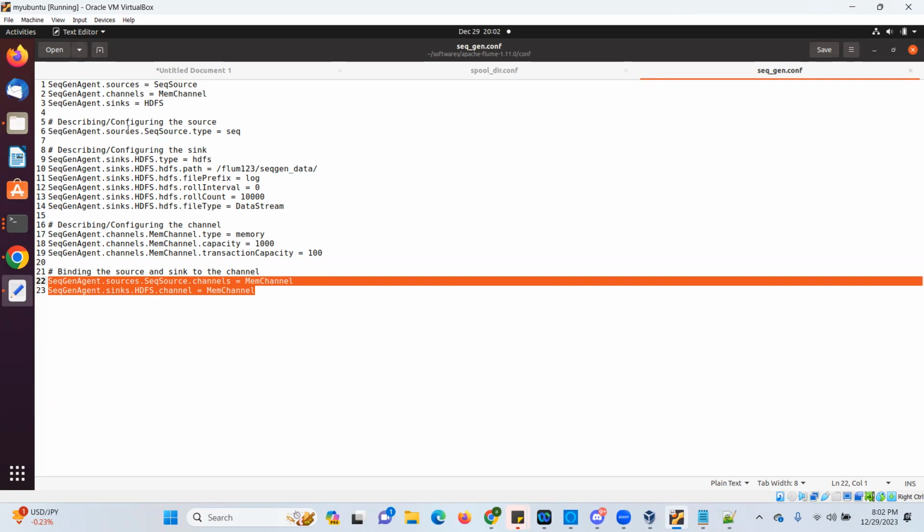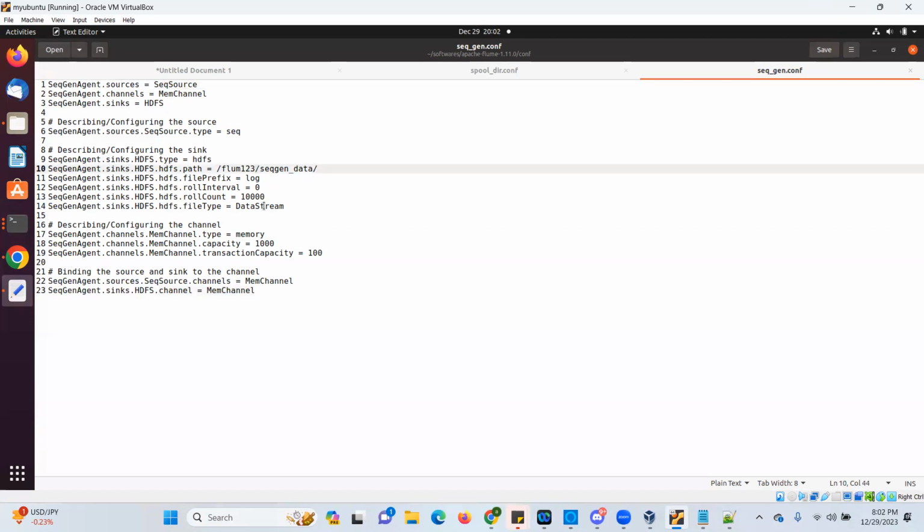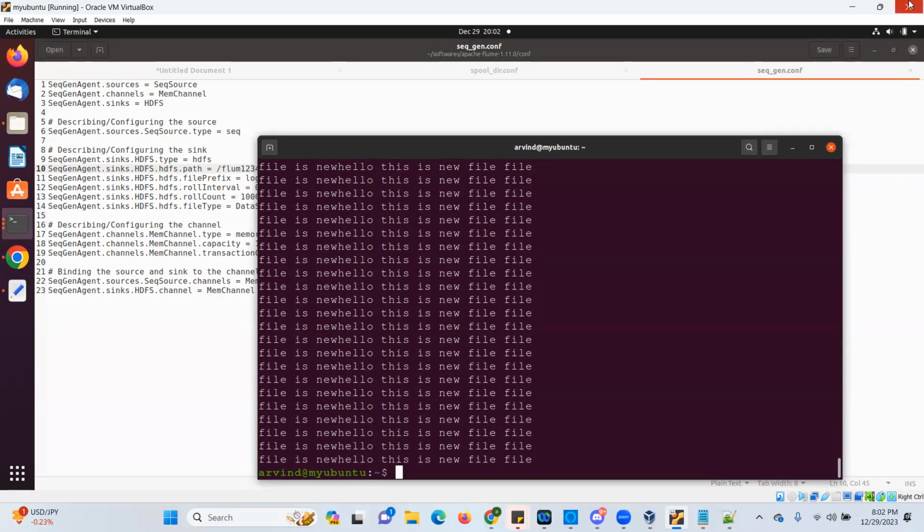So if I want to run this one, how do I have to run it? Suppose I want to create a different folder, so I'm just changing this. And I will use the flume-ng command. So I have to give the configuration file. My configuration file is